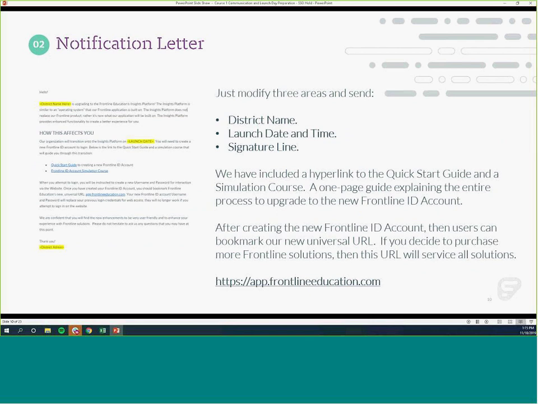It's a template. All you really need to do is put in your name, put in the launch day and time, and lastly, put in a signature line. Everything else we've incorporated. So there's a quick start guide and there's a simulator course. If people want to go through those courses or print that quick start guide to see the process, they definitely can. We also tell them what the new URL will be, which again is at